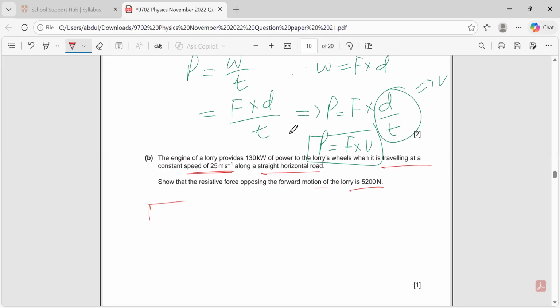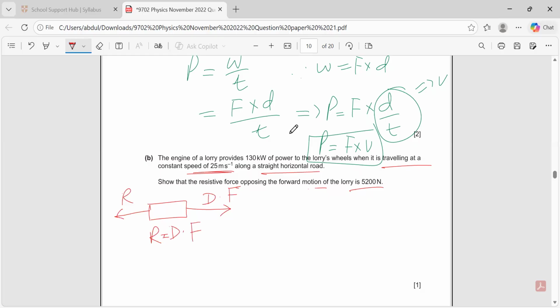Okay, let's suppose this is the lorry. My dear friends, this is moving this way. So that will be the driving force, DF I'm writing. And of course, there will be a resistive force in the backward direction. What do we need? We need the opposing force. If we can calculate the driving force, that will be the resistive force. You know, resistive force is equal to